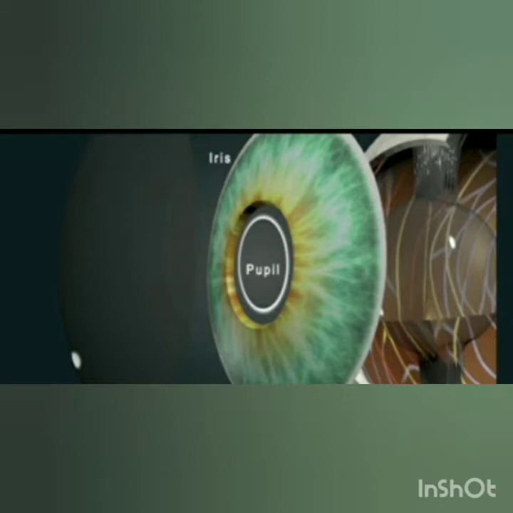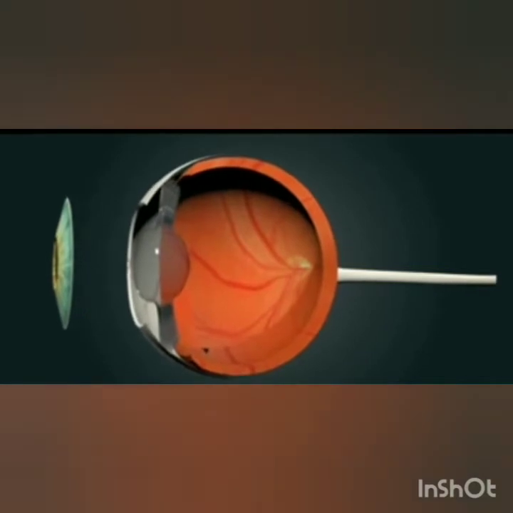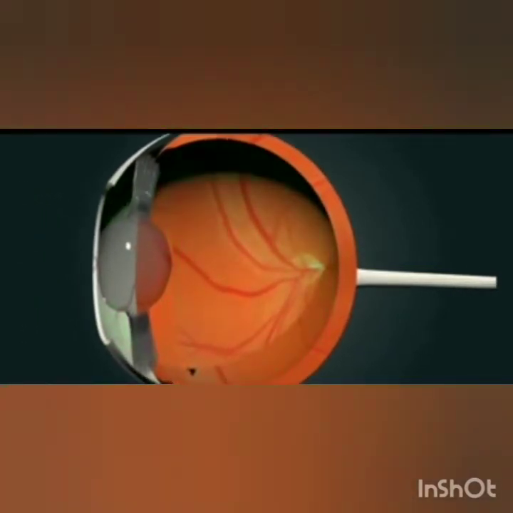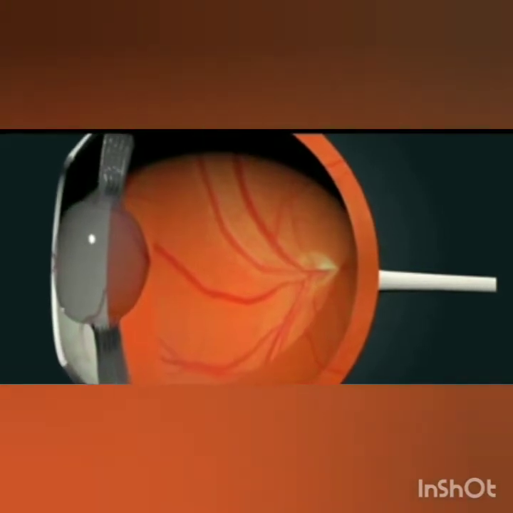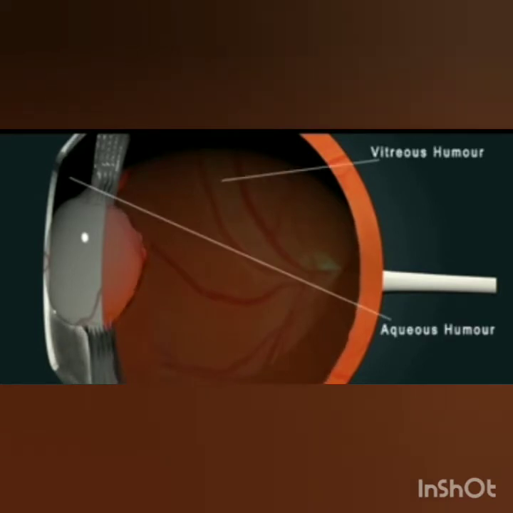This pupil is nothing but a hole in the middle of the iris layer. The size of this hole is controlled by the iris itself. That means when more light passes, you can see that the pupil size decreases, and it all happens because of the iris. It controls the size of the pupil, children. So you can see that the front part, the anterior part, and the posterior part, both of these are filled with fluids. The anterior part is filled with a fluid called aqueous humor, and the posterior part is filled with a fluid called vitreous humor.